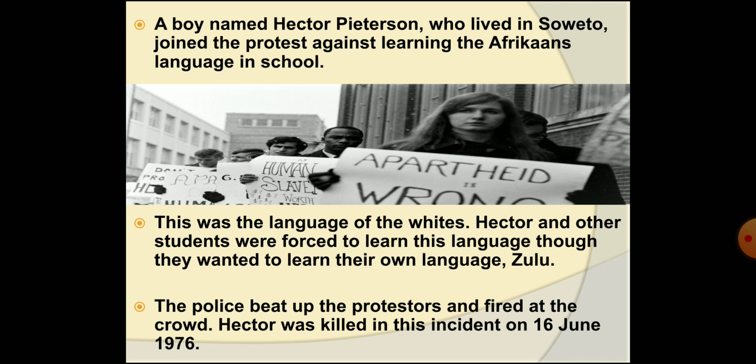Dear students, Afrikaans was the language spoken by the whites, and Hector, along with the other students, was forced to learn Afrikaans, but they wanted to learn Zulu, which was their own language. The protesters were beaten badly by the African police, and police even shot at the gathered protesters. Hector Pieterson was killed in this firing on 16th June